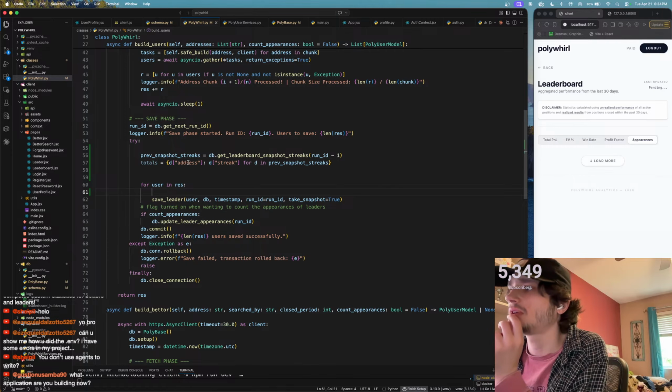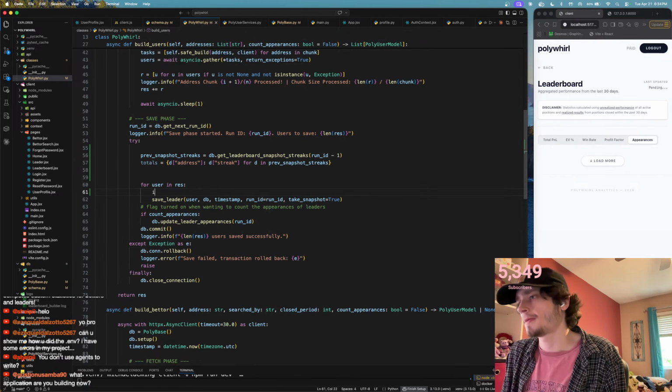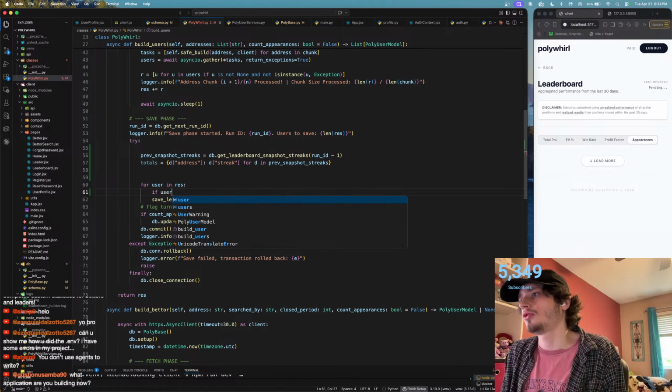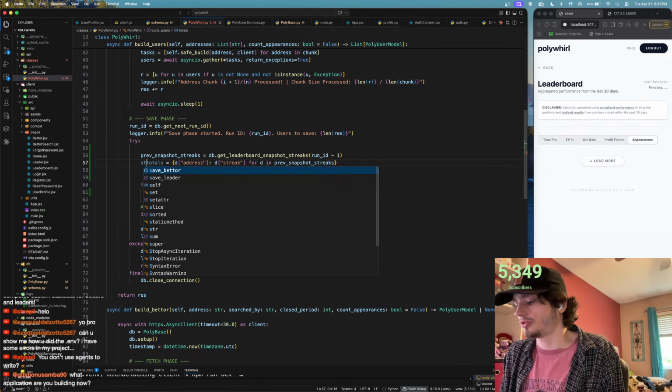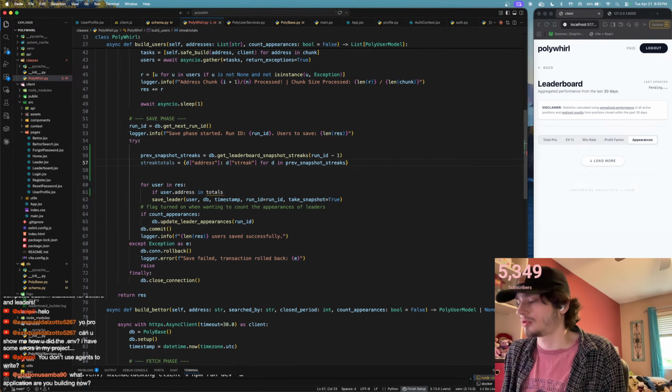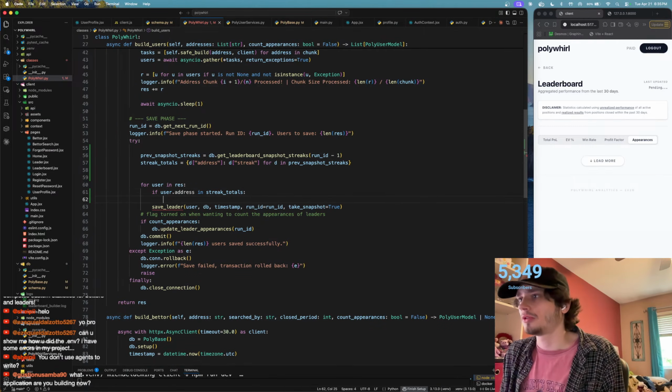They're in the database. So we just need to know the user's address. So if user.address in totals, I'll make this streak totals. What we're going to do is if user.address in streak totals,